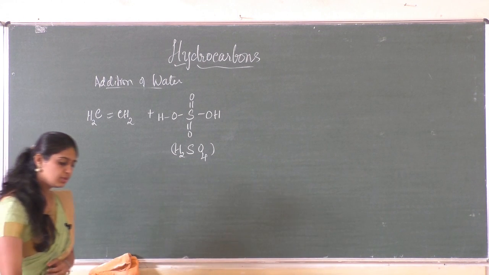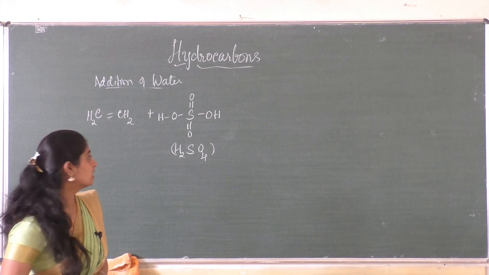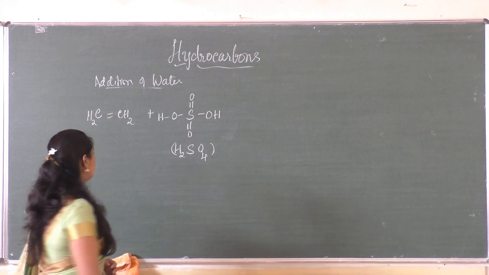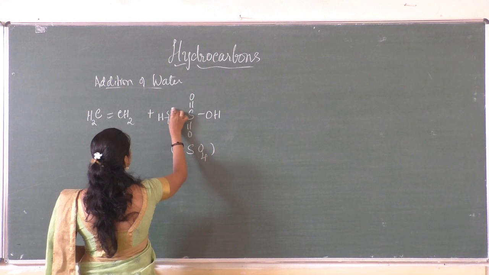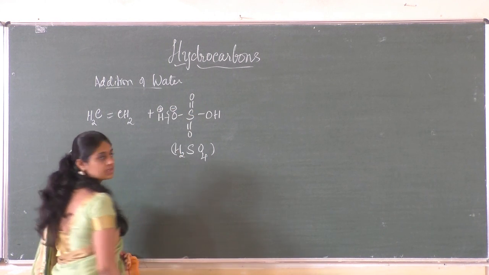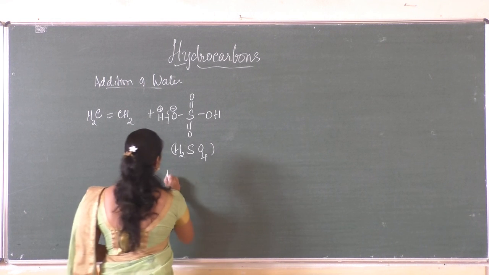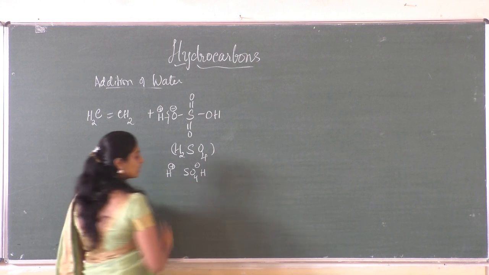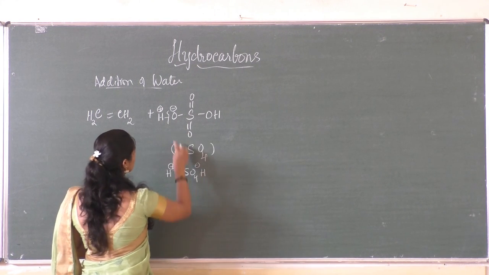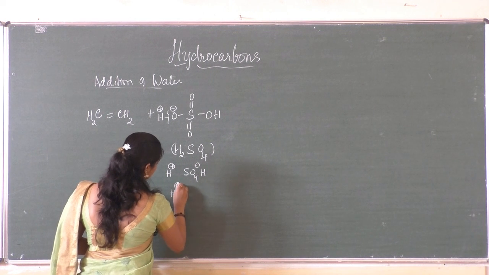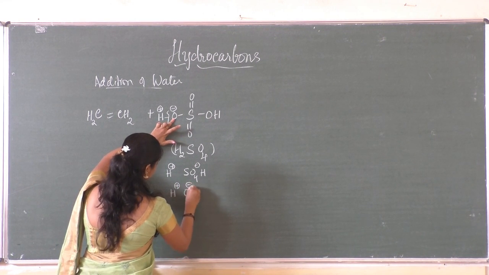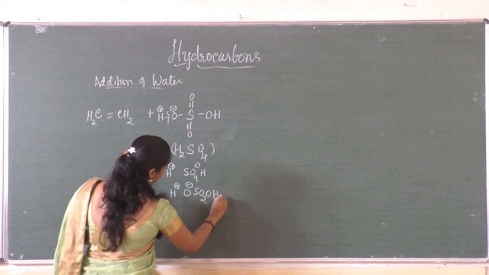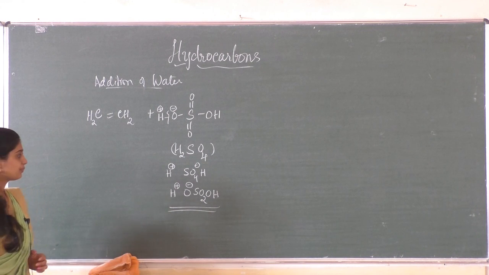So this is an acid. You know what is the property of an acid? You have studied that in the equilibrium chapter. An acid is a substance which tends to donate H plus ions. So what it does is, it cleaves so as to form O minus and this forms H plus. So therefore this gets cleaved as H plus and HSO4 minus. This can also be written as the same molecule. So H plus, then O minus, then club this, so it becomes SO2, then OH. So either you can write it in any way.